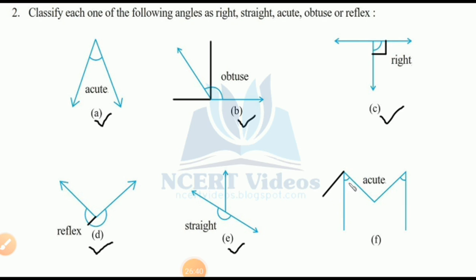Check it. This is the right angle, and this angle is very small. Same way here also. Extend that line and check it. Make the right angle, and less than 90 degrees means an acute angle. I think it is very easy for you. Here we end our questions of exercise 5.3.